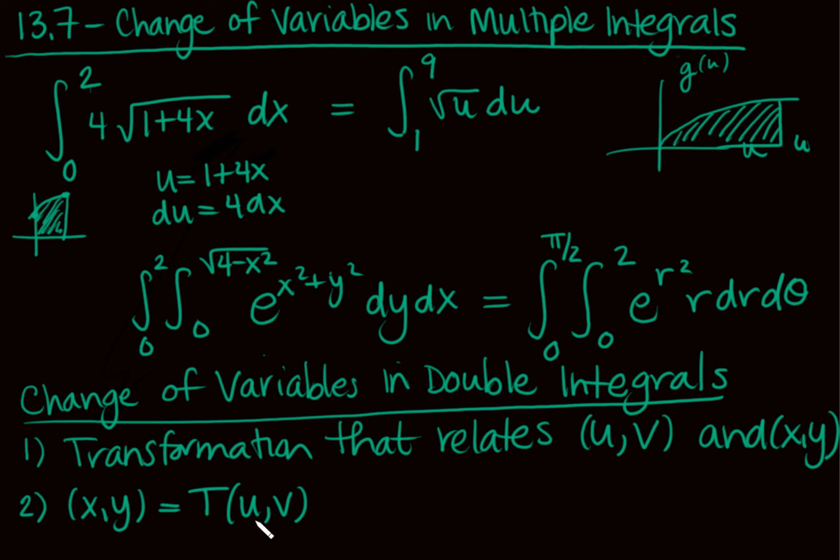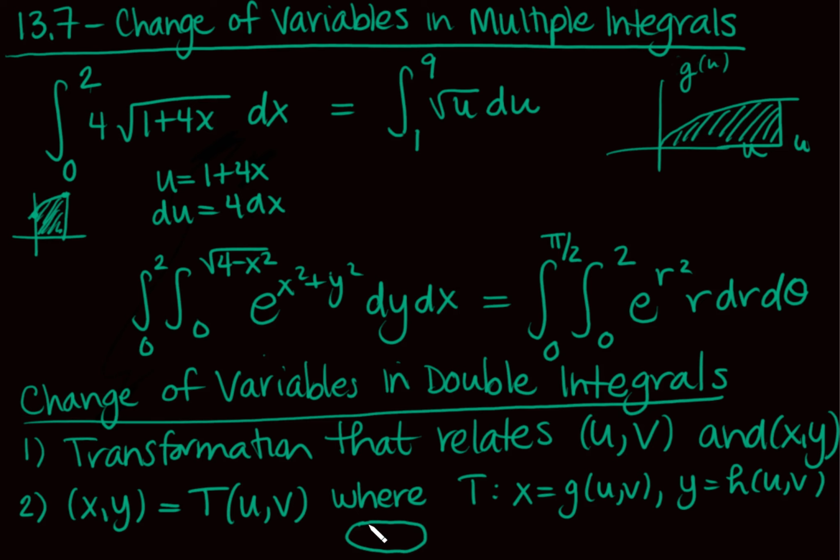Okay, so I have x, y. How do I get my x and my y? T is given by this transformation: x equals g of u, v, and y equals maybe some other function of u and v. The idea here is that I'm in some blob, I'm going to call it some blob from R, and that u, v is going to be mapped by T